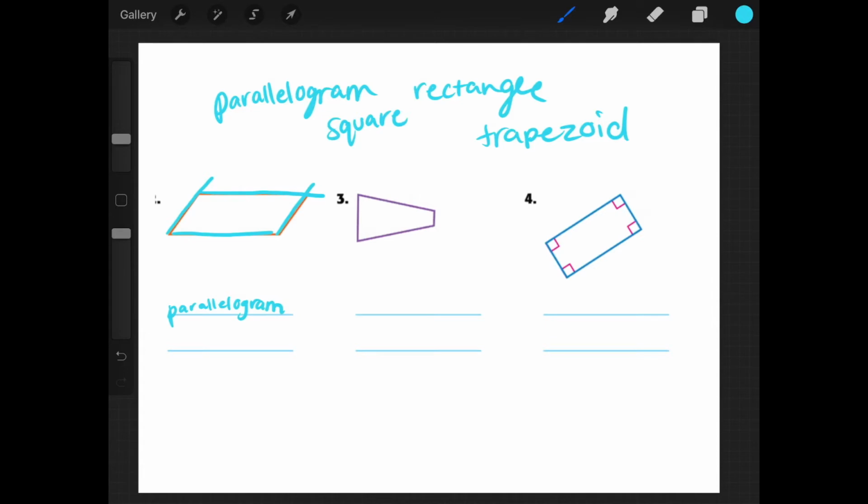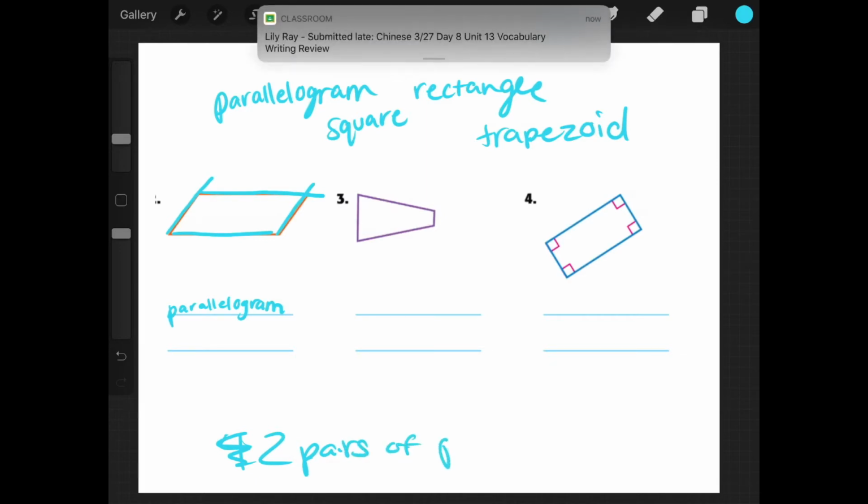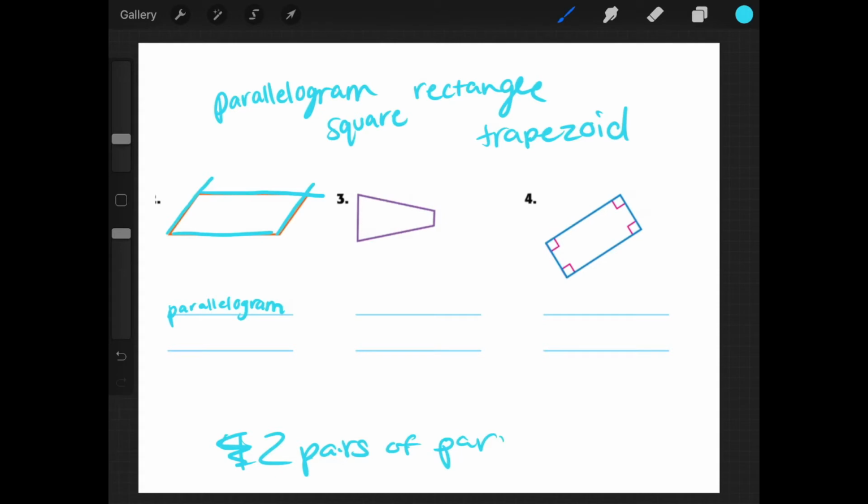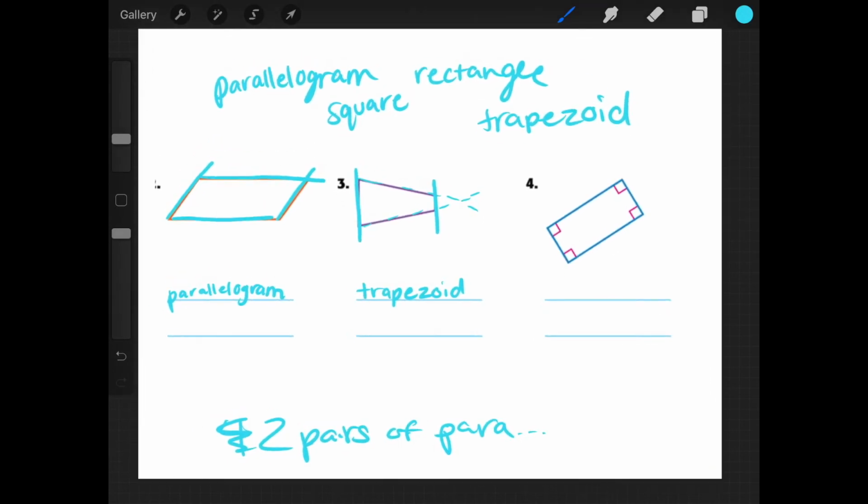Now for it to be a parallelogram, it has to have 2 pairs of parallel lines. This one only has 1 pair of parallel lines, here and here. Now if I extended these two, they are eventually going to intersect, so they are not parallel. So this one is a trapezoid. Alright. Now looking at this next one, I see that it has 4 right angles, and it has 2